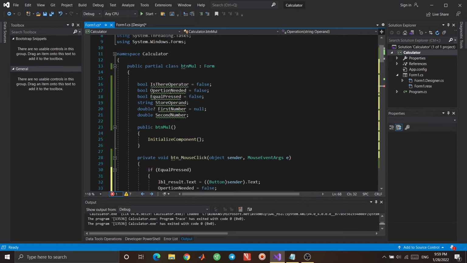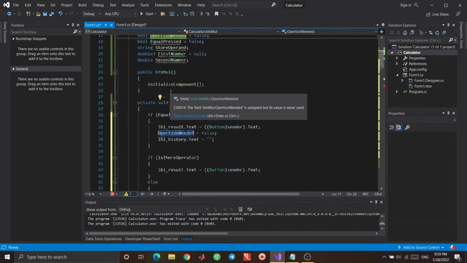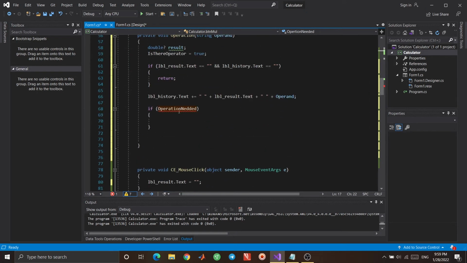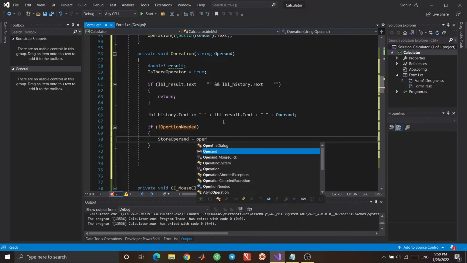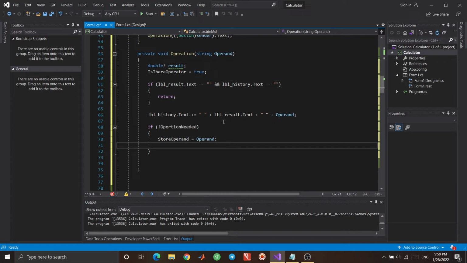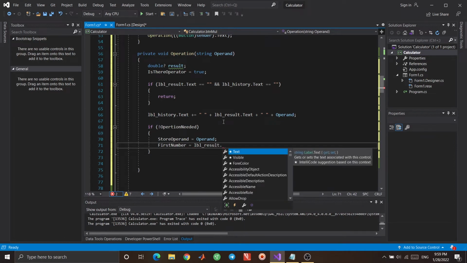Well, in here we need this one. Okay, operation needed. Well, if operation needed is false, it means it is the first time that this operand, or any operand, is clicked. So I'm going to store our operand so that we can use it for the next time. And we have first number, whatever is inside our label result is our first number, so I'm going to